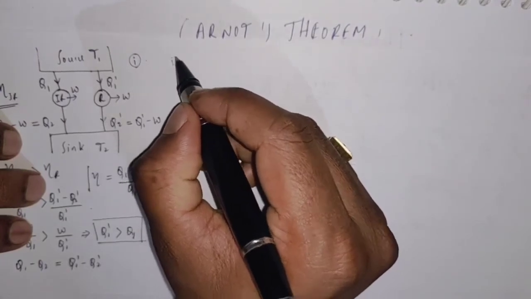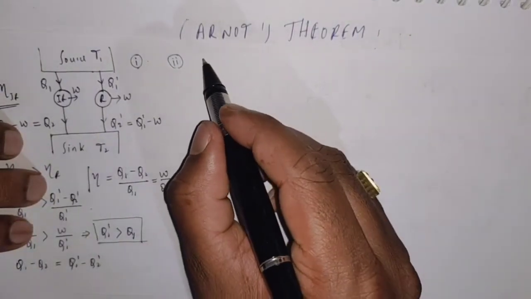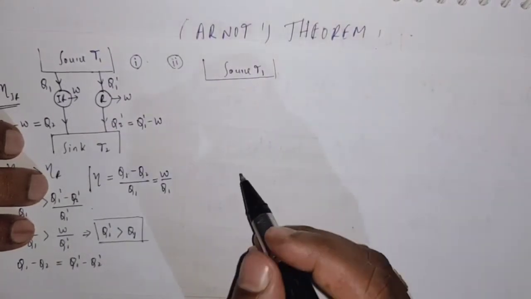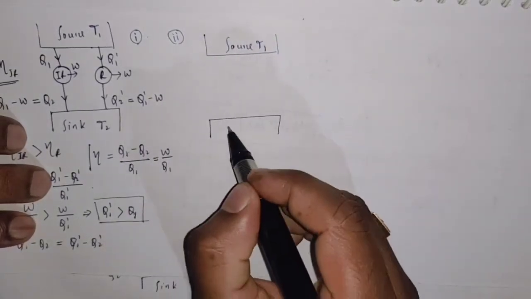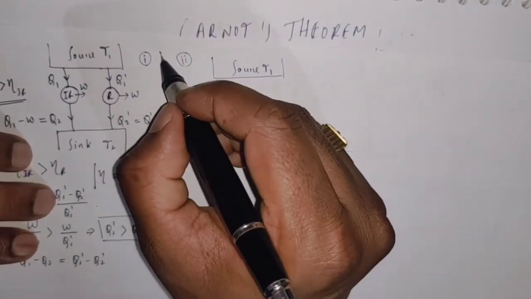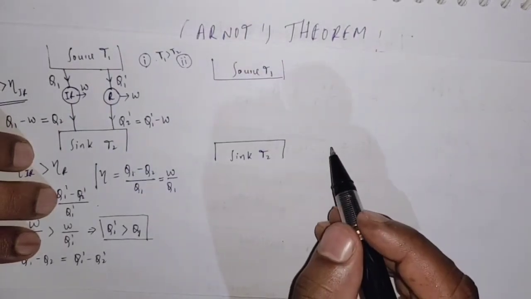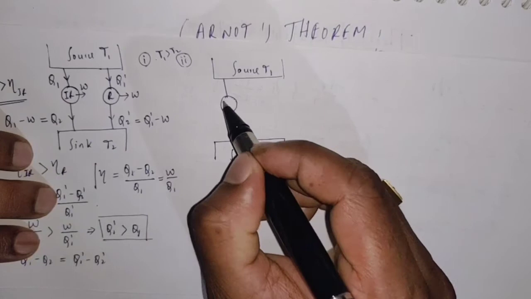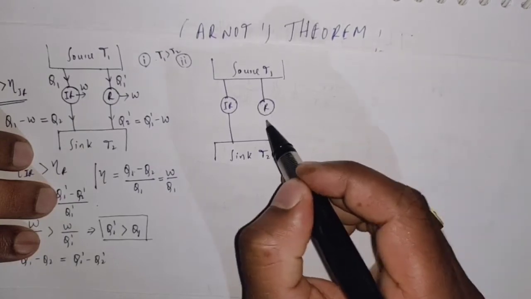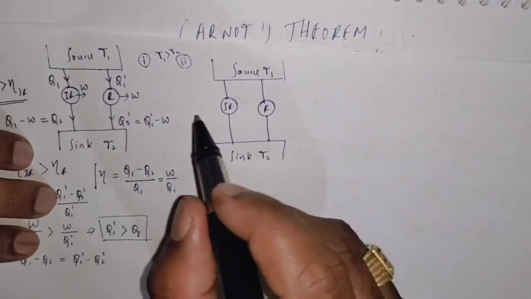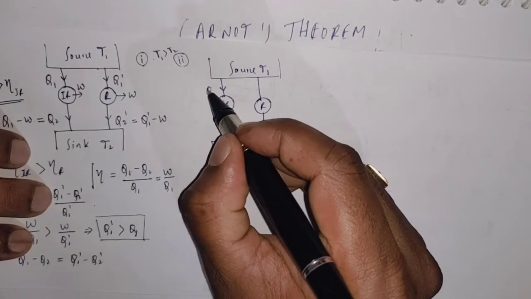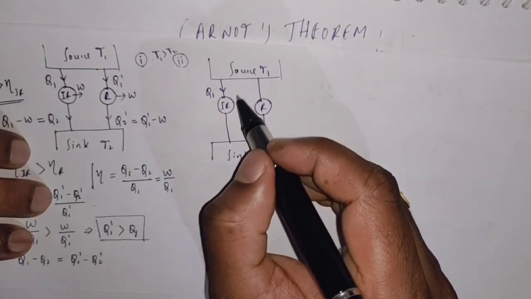Now let us take the second situation. In the second situation, I am going to consider a source which is at temperature T1 and a sink which is at temperature T2, and here T1 is greater than T2. Here also, I am going to consider an irreversible heat engine and a reversible heat engine. In the second situation, the irreversible heat engine absorbs Q1 amount of heat from the source and